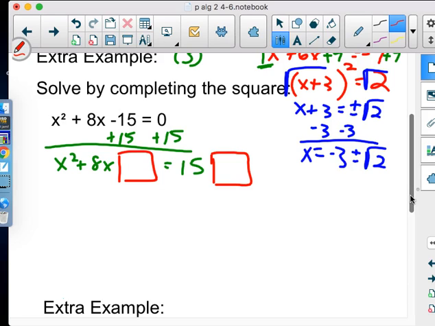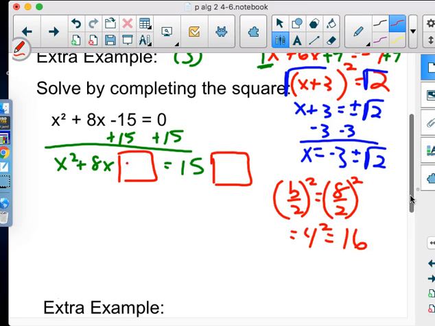So let's see. What's b in this one? 8. ax squared plus bx. And our little formula is b over 2 squared, so it'll be 8 over 2 squared. What's 8 divided by 2, everybody? 4. So we'll get 4 squared. And what is that? 16. So we need to add 16